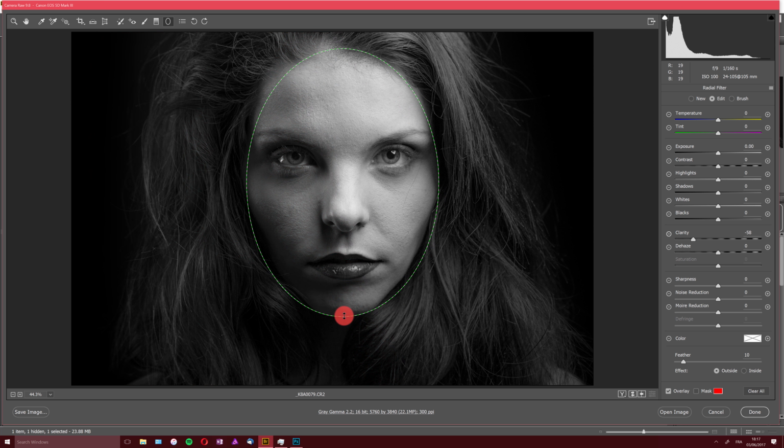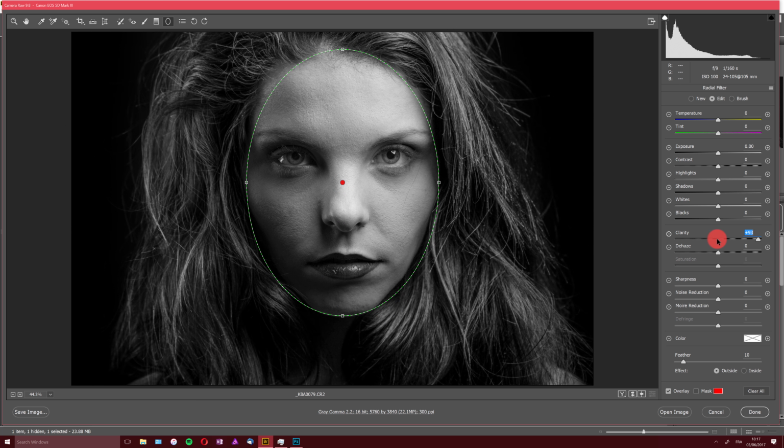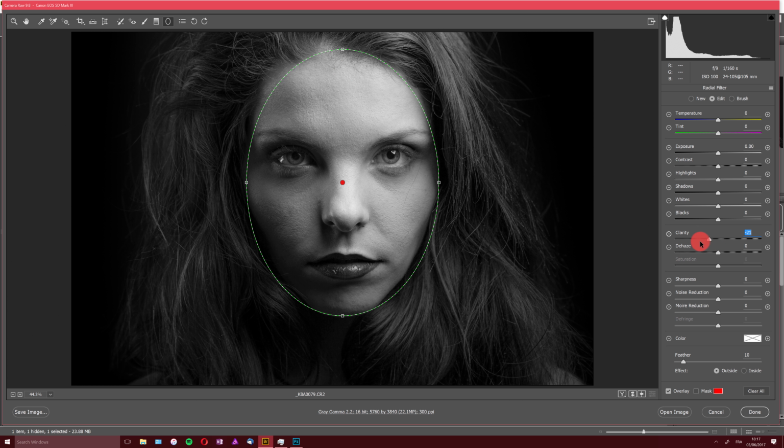I have the face selected pretty much, and this is plus and minus. You can see the mask is actually inverted. So let's take effect inside, and now I have my clarity being applied on the face. And you could ask, why doing it this way? Because we can use the brush and just paint on where we want it. Well, if you start with this, it could be actually a bit quicker to select the face, apply negative clarity,